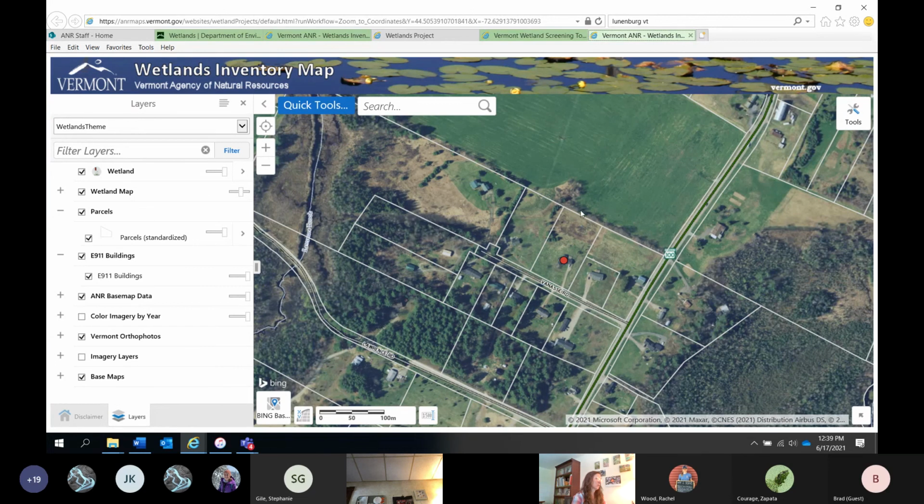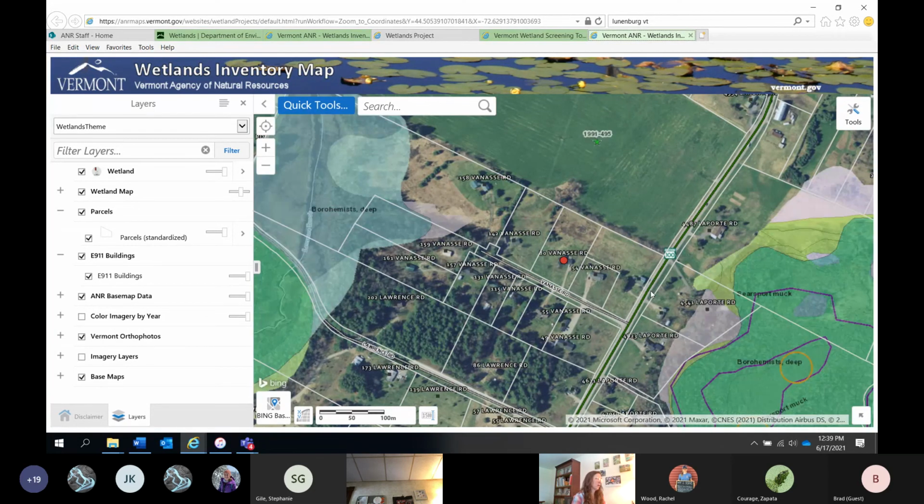So it's always good to look out a little bit further. It may be that this is the property that probably has the wetlands on it and the permit on it, 1991, 495. So that wouldn't surprise me. I think this is the big Molly Bog area here. Bohemist is a soil unit that shows up as a very hydric soil.